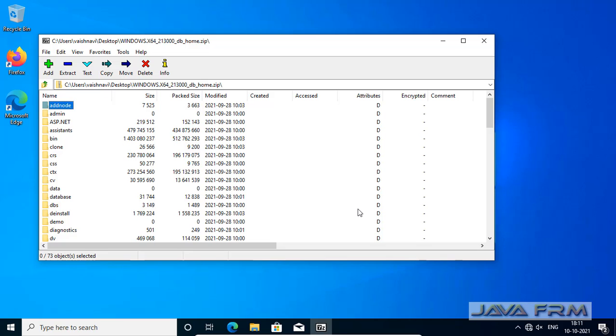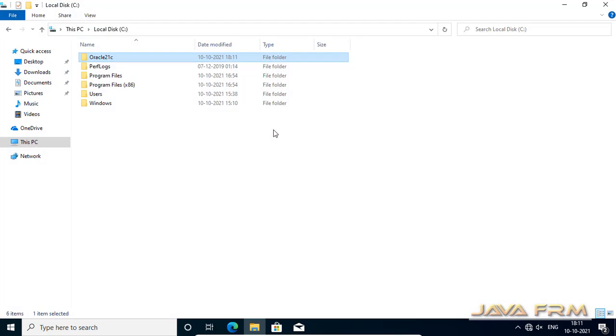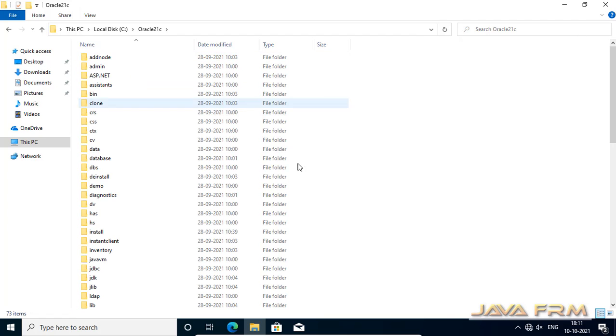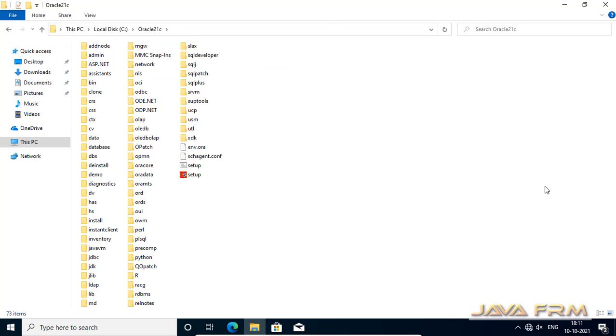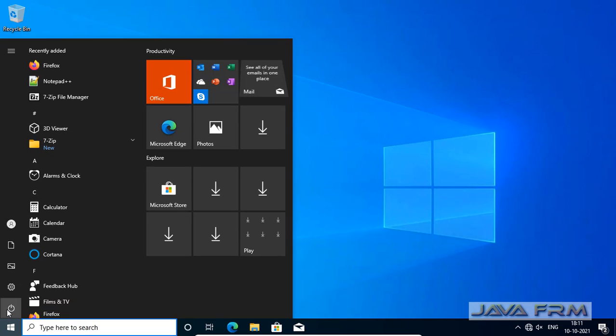Okay, extraction is completed. After extraction, you can see these are the directory structure. From here we are going to run the setup files.